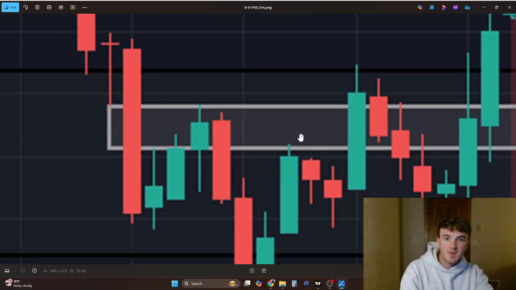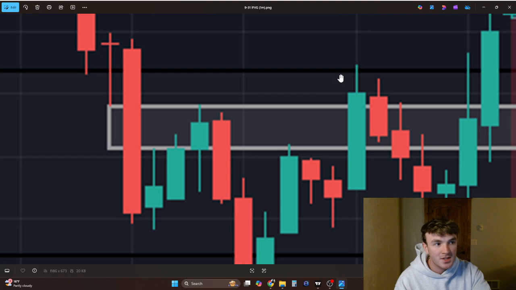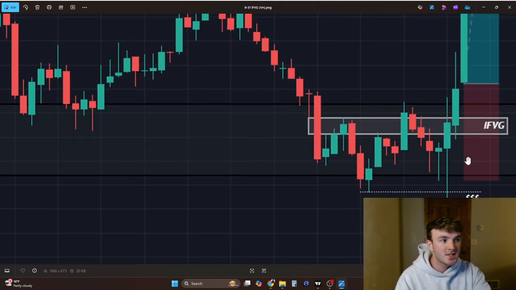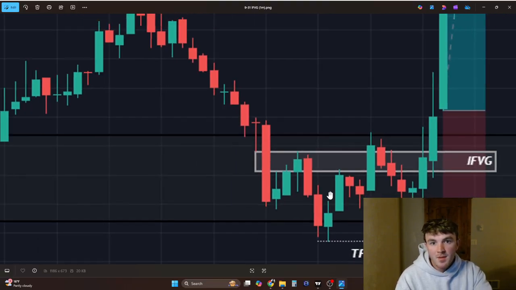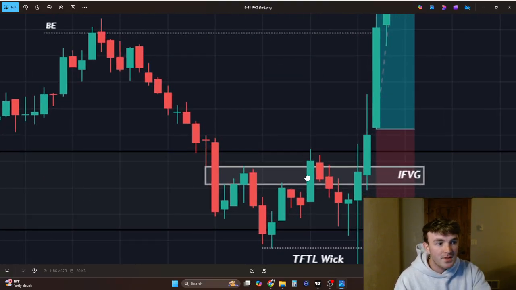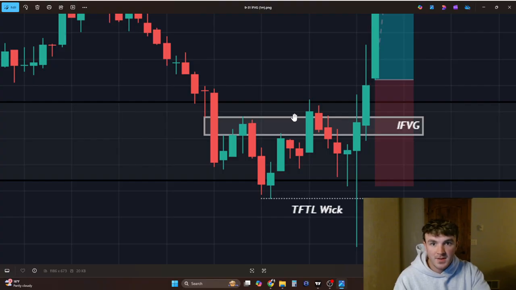Obviously, this is kind of confusing. This always confused me back in the day. I was like, well, Dodgy, because Dodgy would talk about trades like this where we'd get an inversion. I'd be like, well, Dodgy, why not take this one? This one closed above the gap. Because this one is not obvious. This one is very obvious, right?